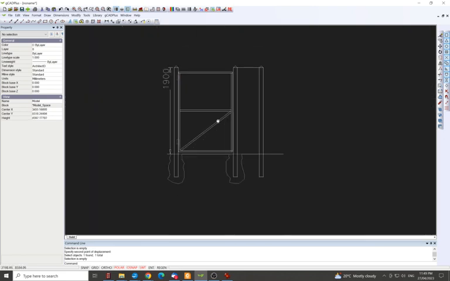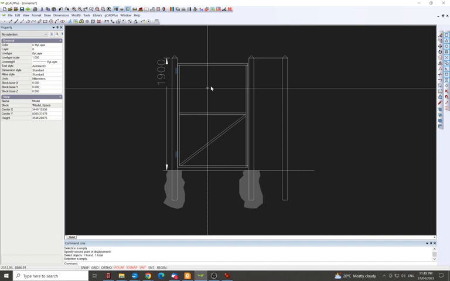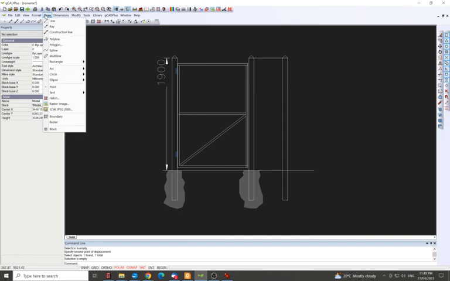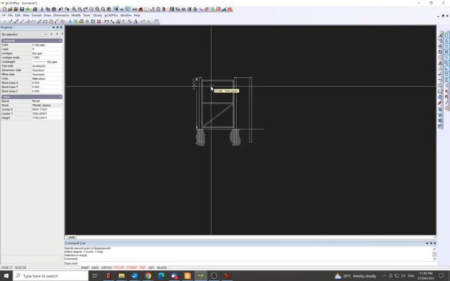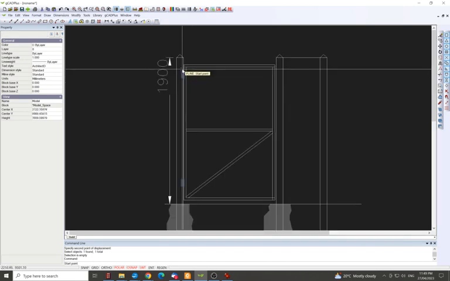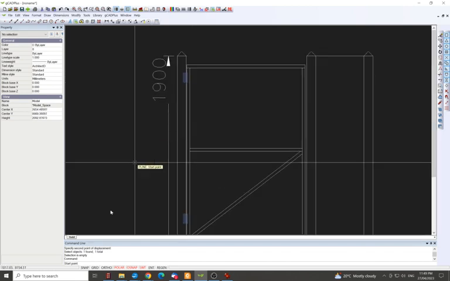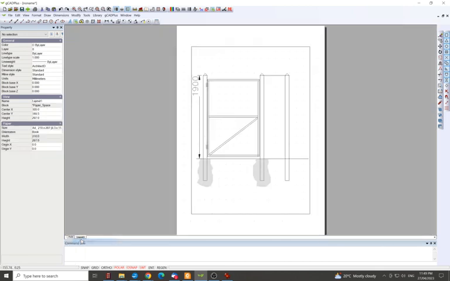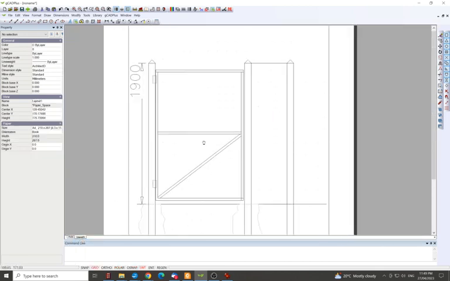Yeah, so our gate frame's nearly done. If you wanted to, you can go into more detail. For instance, you could go to draw. How do you do this? I was thinking you could fill it all in colour. But you know what we should do first is right click here, new layout, and we can see our gate